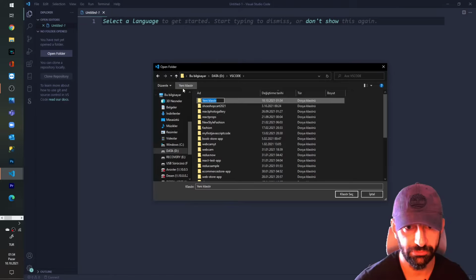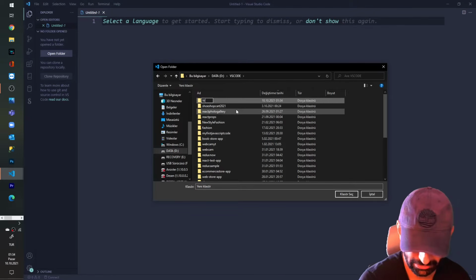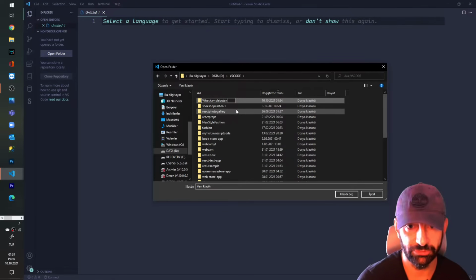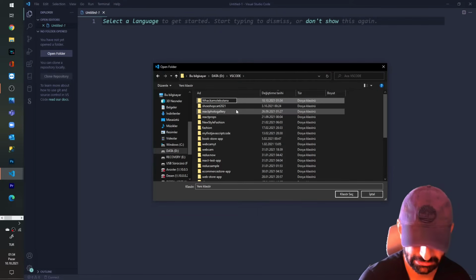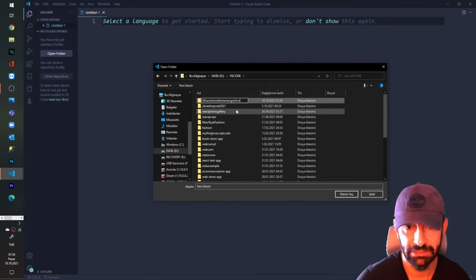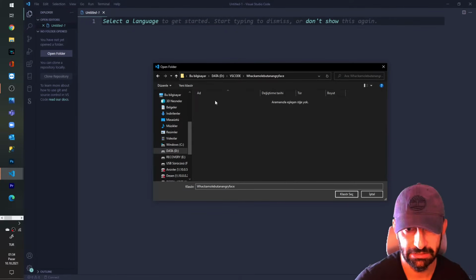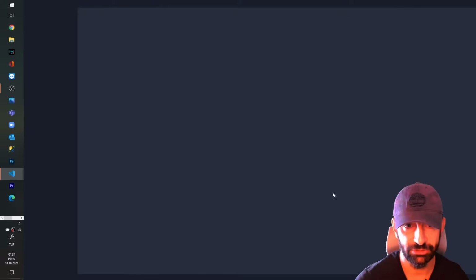I'm creating a new folder from here, Whack-A-Mole but an angry face, because I'm not going to use animal images. Angry face. I'm an animal lover. So I create this, choose my folder and just open it.